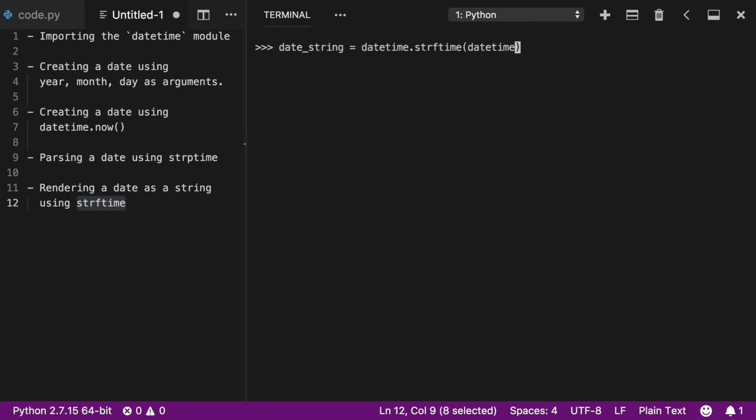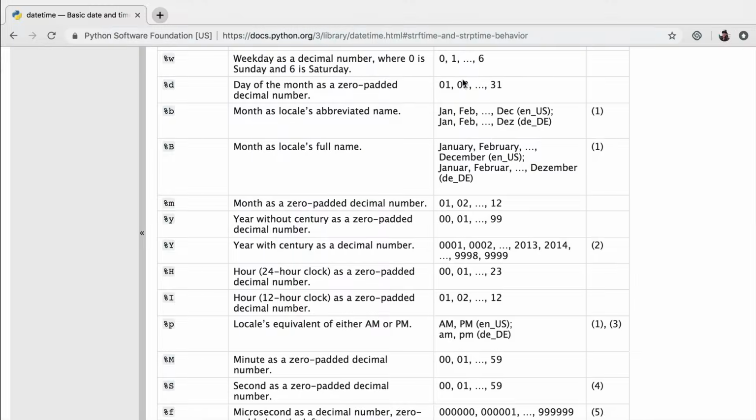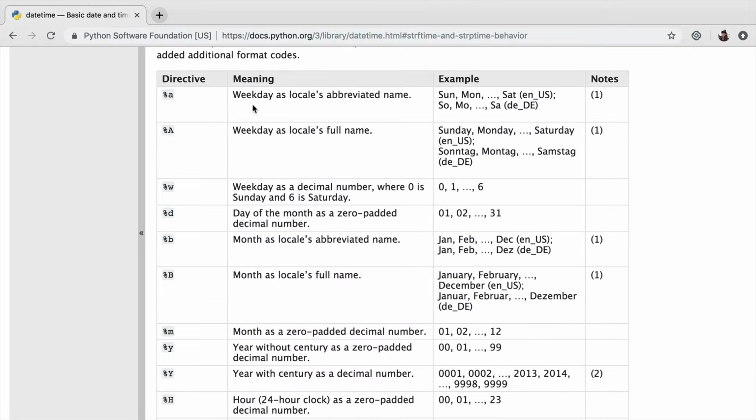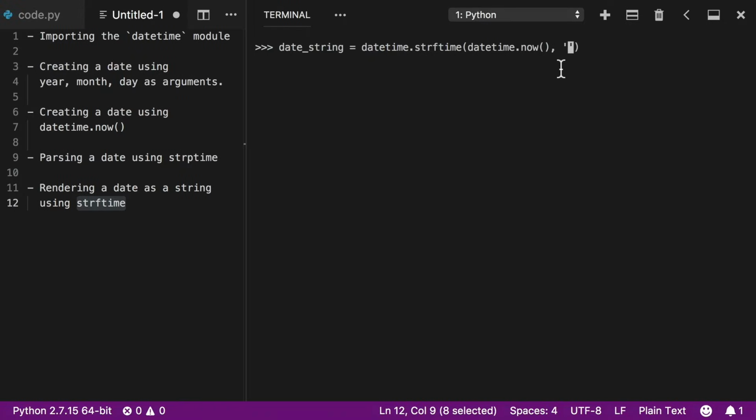So in this case, why don't we just put datetime.now, so we'll put right now, and then over here, as the second argument, again, we're going to put another one of those formatted strings. So just like we did with strptime, we're also going to specify the structure, except this is going to work in the opposite way. So instead of creating a datetime from a string, it's going to create a string from a datetime. So the one that we had before was the 3-letter month, and in order to get that, we use this %b.